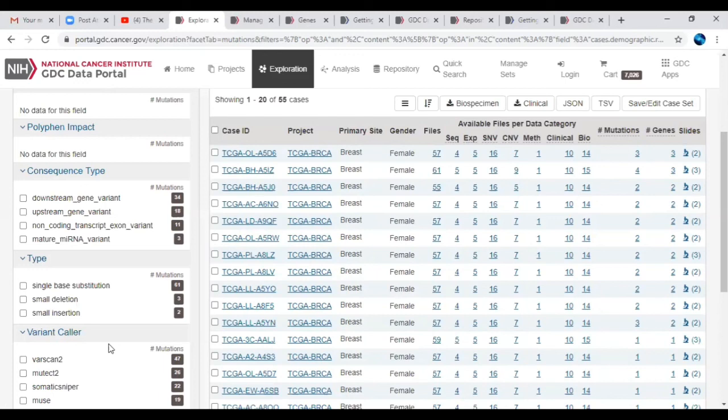Hello. Yes, ma'am, I had one question regarding the GDC client download, which you showed just now. If you want to download multiple cases with one command, do we give the UUIDs one after the other for 2 to 3 downloads?